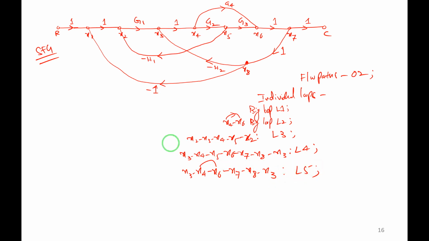Is there any sixth loop? Yes, if it is there, please try to find it out. Yes, only 5 individual loops are there. I hope you identified and wrote down the gains of all the loops. One big loop, this one. Second big loop, jumping here like this, right? Third loop is starting from 2 like this, and it is coming back to 2. Fourth loop, it is starting from 3. This is one, and this is another. Fifth loop, right? Totally 5 loops are there.